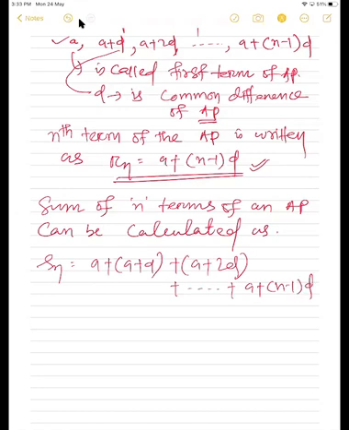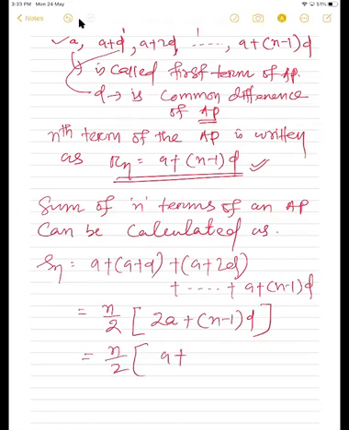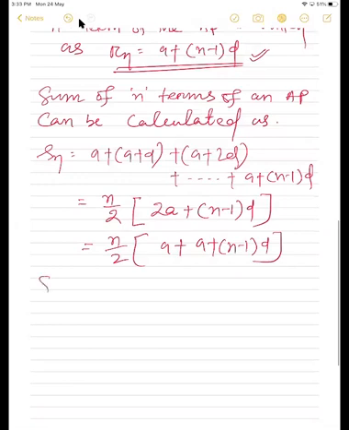Okay? And the normal sequence for that, just remember, you will derive all those things in your sequence and series. It is there in maths. n minus 1 into d, correct? If I simplify it a little more, that is n by 2 into a plus (n minus 1) into d, right? That means if I write the formula, that is n by 2 into first term